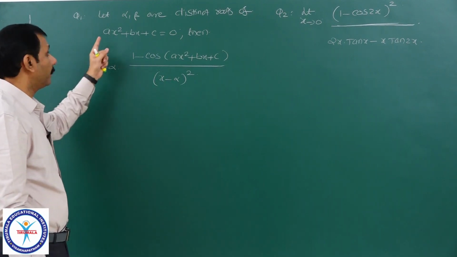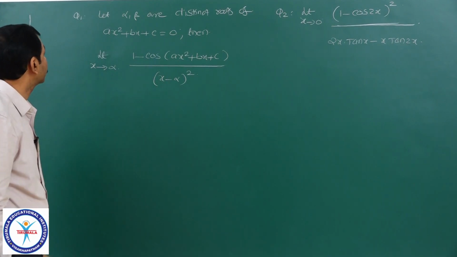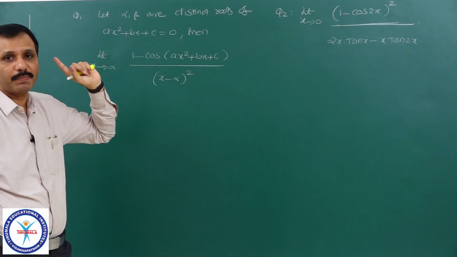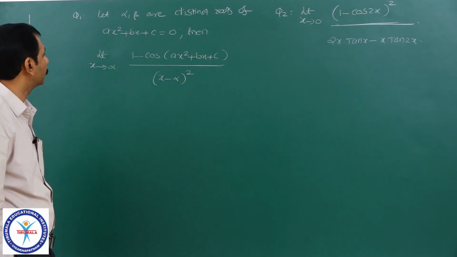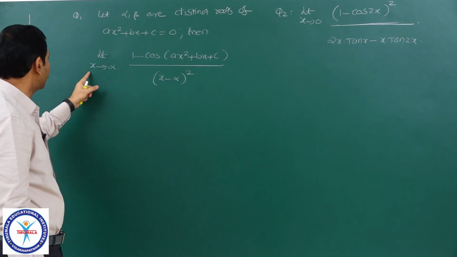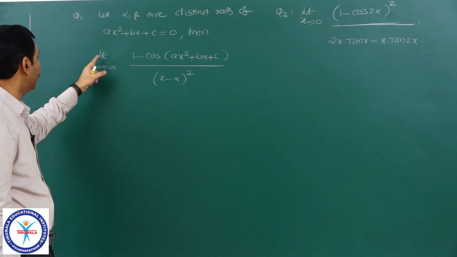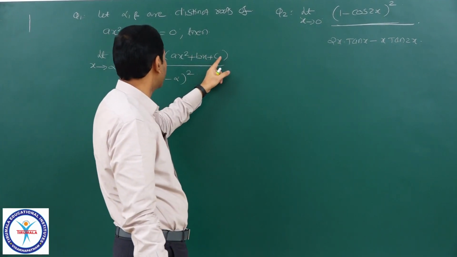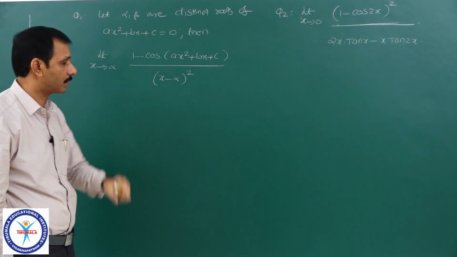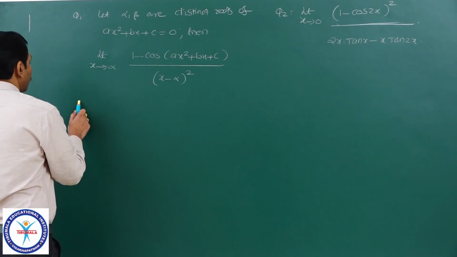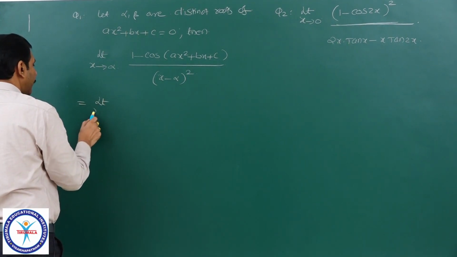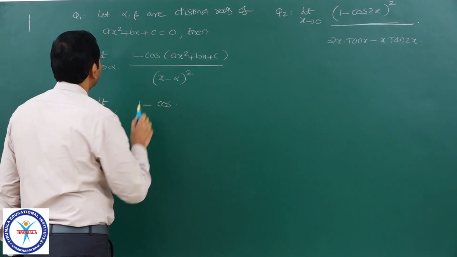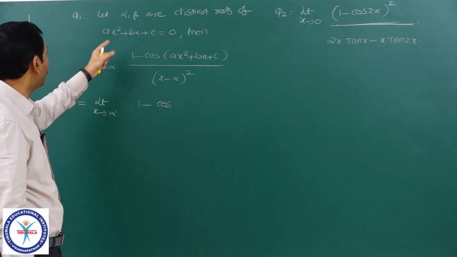Another important problem, even for advanced also. Alpha comma beta are distinct roots of ax square plus bx plus c equal to 0. Then evaluate the limit as x tends to alpha, not infinity, of 1 minus cos of (ax square plus bx plus c) by (x minus alpha) whole square. It is equal to the limit as x tends to alpha of 1 minus cos of,